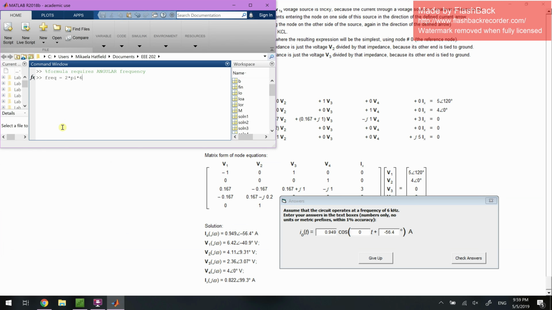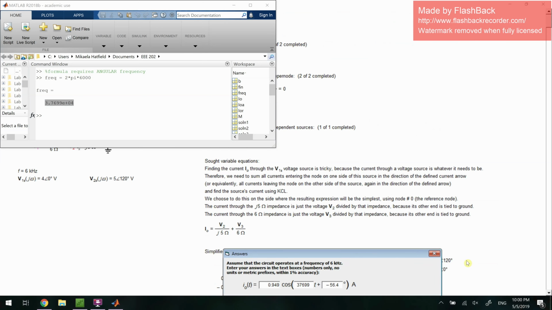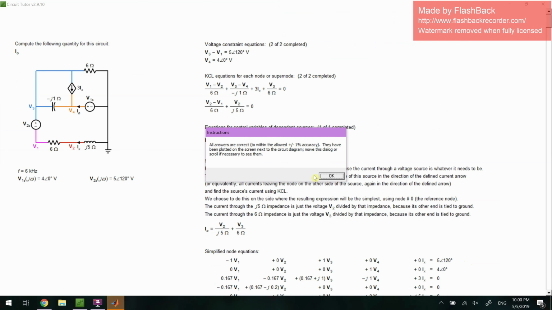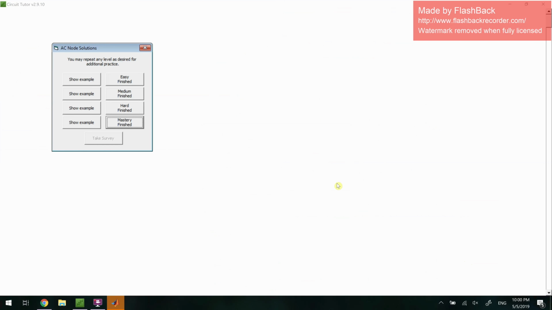That formula is given by angular frequency equals 2 pi times frequency. So we've done 2 pi times 6 kilohertz in MATLAB, and then copy and paste that. And Circuit Tutor luckily takes exponent form. And then it says, this is all correct. Congratulations, you have finished the problem. And good luck in completing your